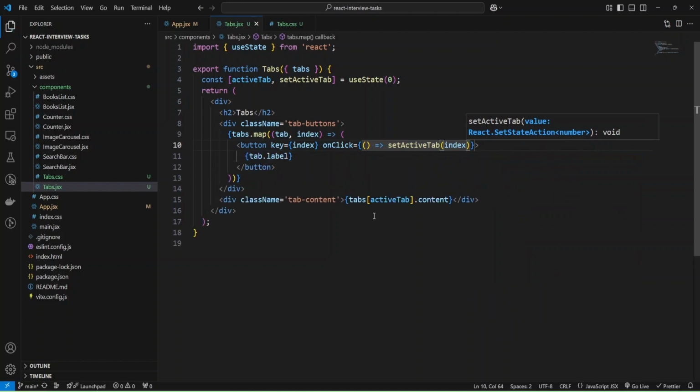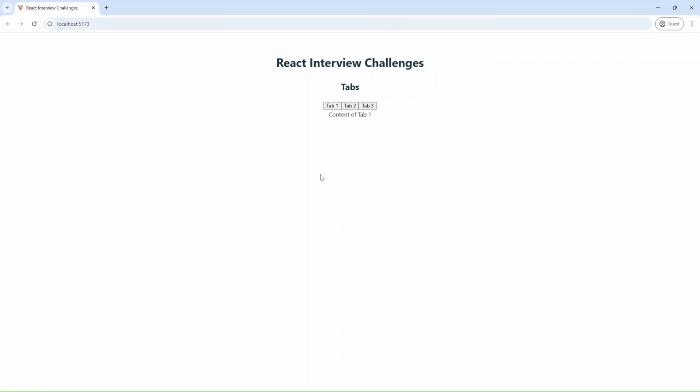We are using array, and we can just set the index of the element. And let's check. I'm going to refresh the page, press on tab 2, and as you can see, we have content of tab 2, and now we have content of tab 3, and I can return to tab 1 or tab 3. And for the interview, it probably would be enough,